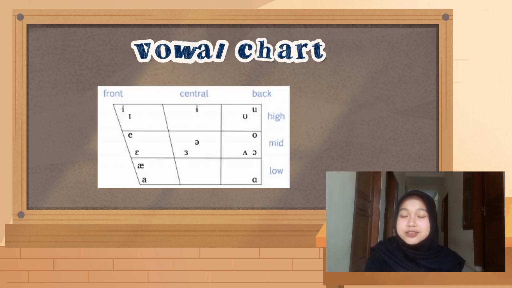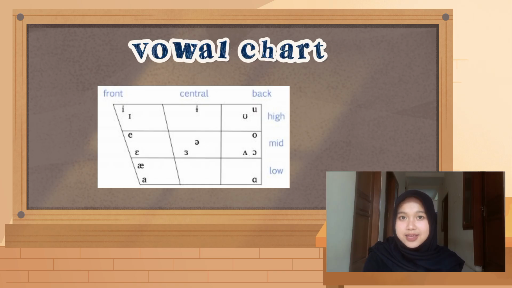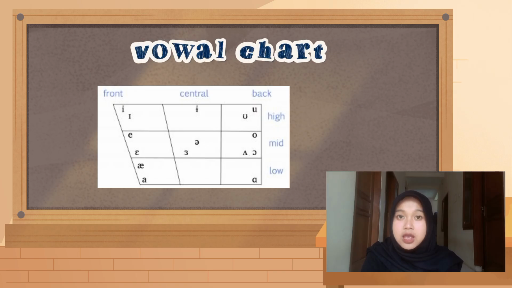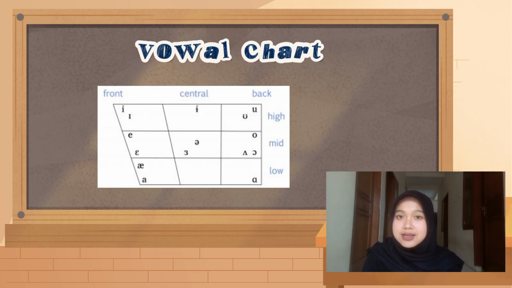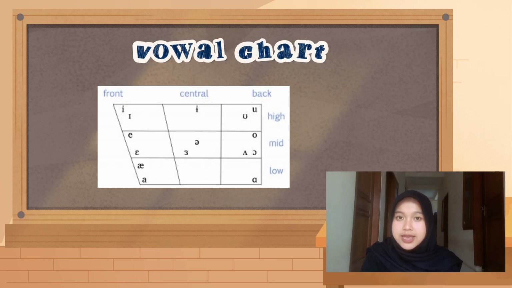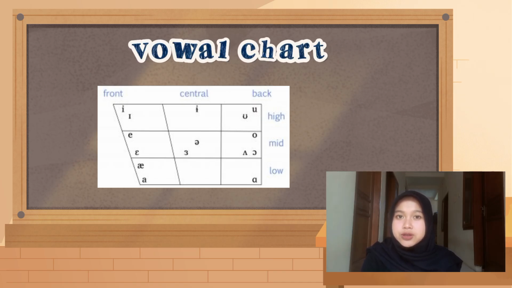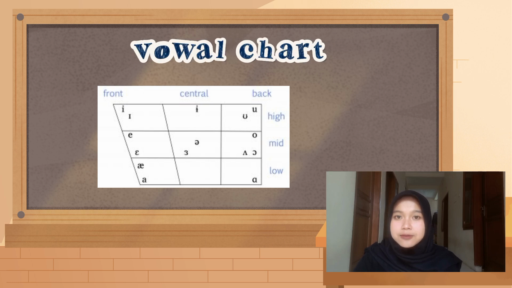First, a vowel chart shows tongue height. There are high vowels, mid vowels, and low vowels. The high vowels are produced when the tongue is high in the mouth. Examples: the sounds I in C and U in blue. So middle